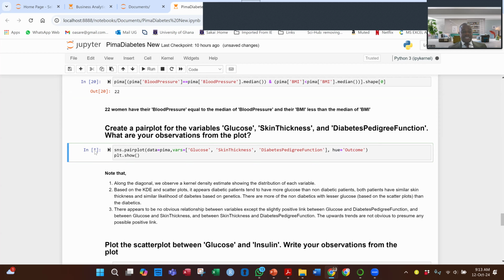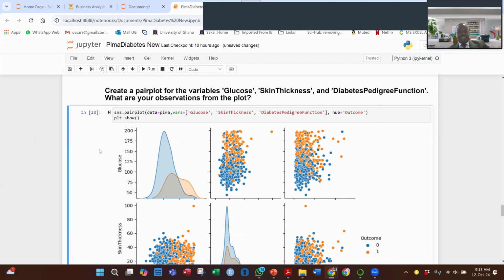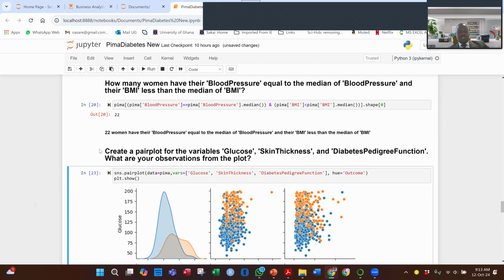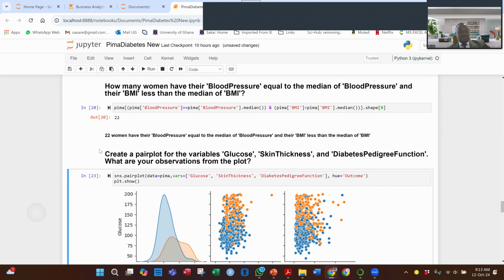The star means that it is busy running. When it is done, the star will go off. And that is your pair plot. Okay. So first, you can see that it is giving you a plot of one, a plot of, what is